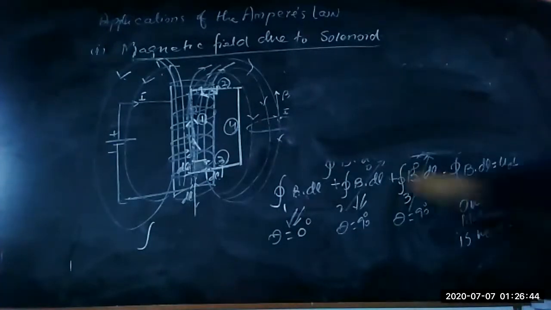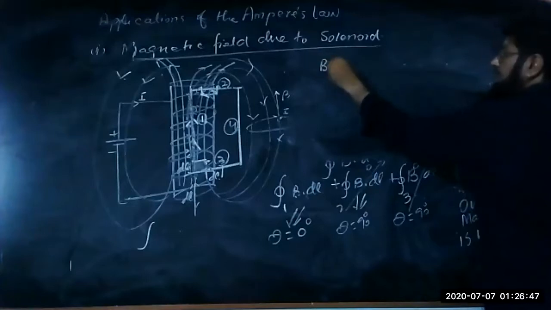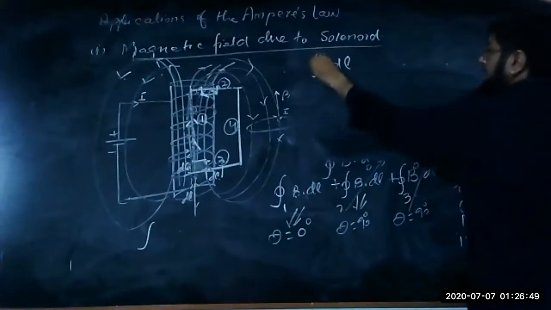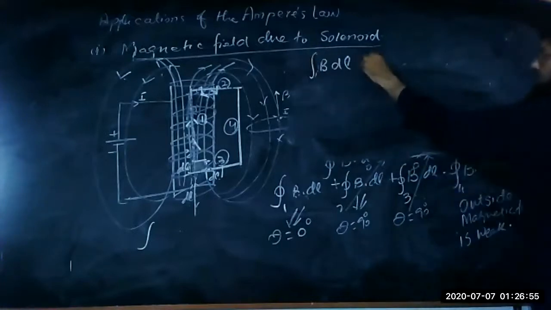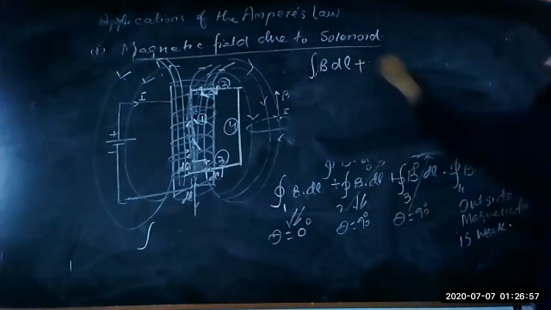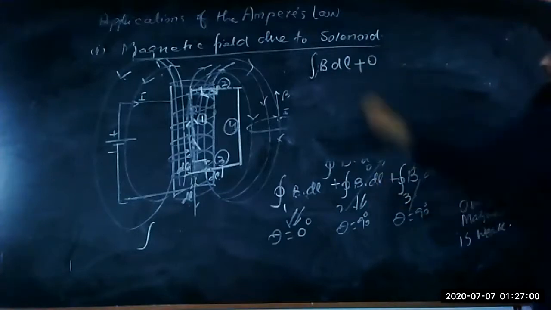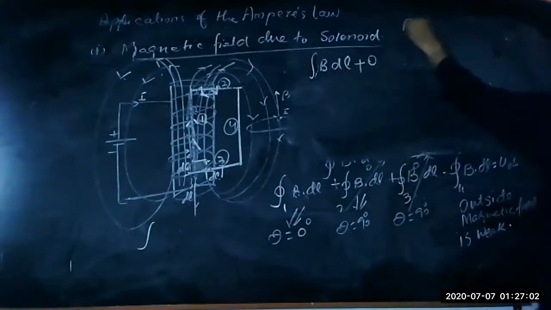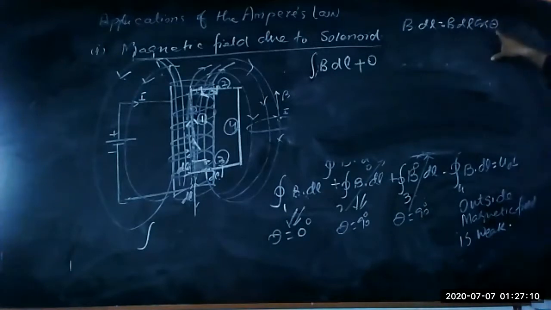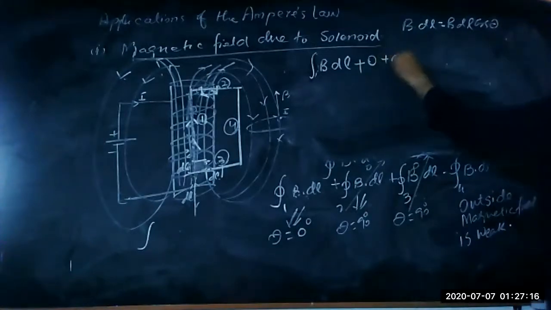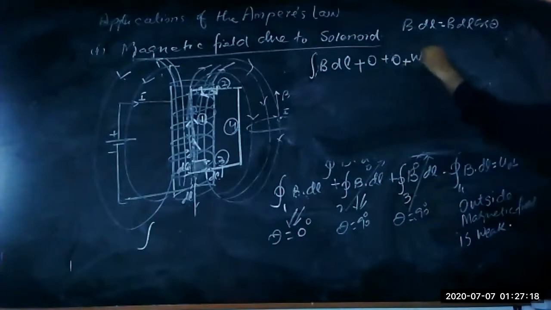Here, B dot dl is equal to B dl cos 0, times this length, which is a linear length, plus this gives you 0 because cos 90 degrees is 0. You know what happens in a dot product: B dot dl is equal to B dl cos of angle theta, so if we put cos 0 we get 1, and if we put cos 90 we get 0. That is why I made this 0, plus the second is also 0, plus the weak field we ignore, is equal to mu naught I.